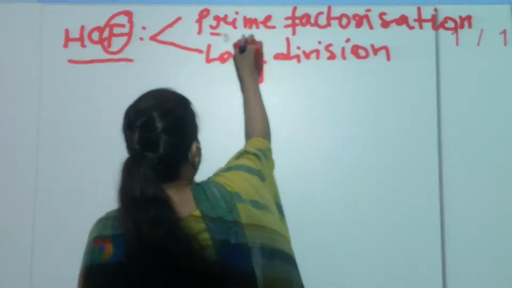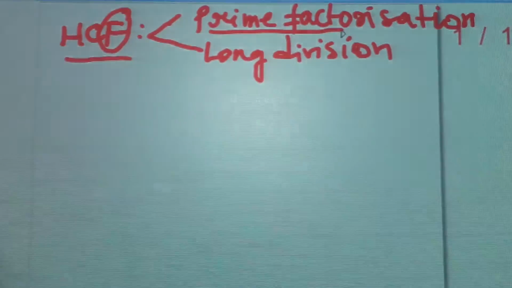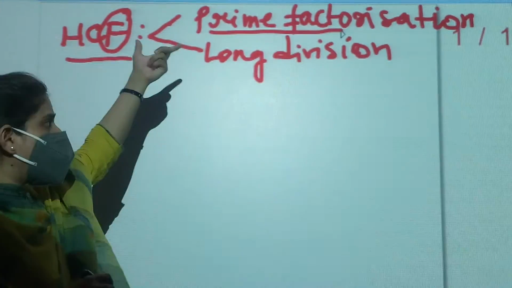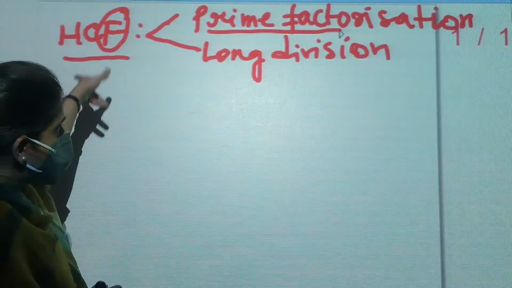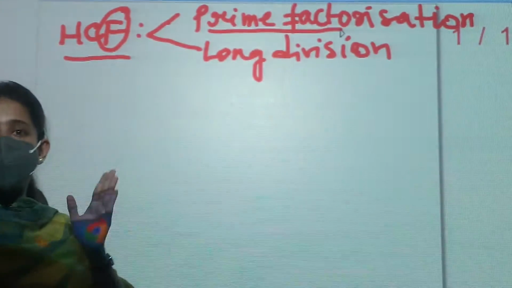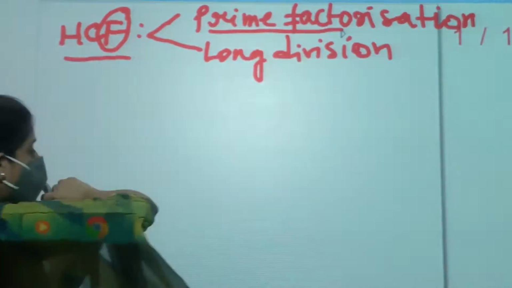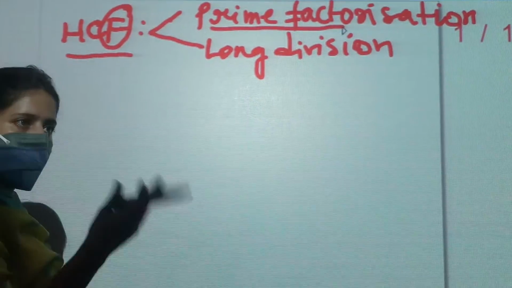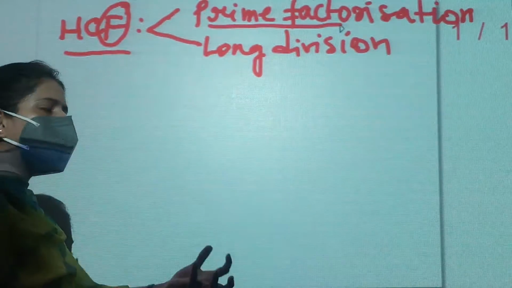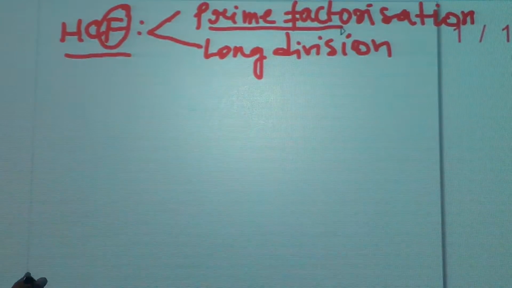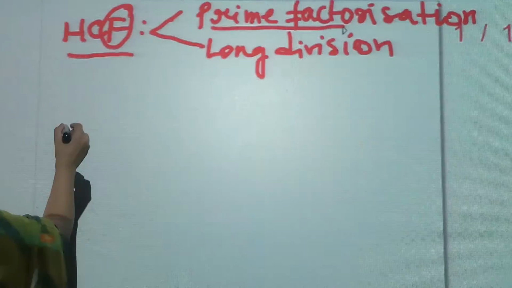Just now I have taught you prime factors. Why have I taught you? Now you have understood. Before starting HCF and LCM, we must know the number system, so go through the number system as well. Prime factors, I have told you, are the numbers which are factors of another number and are also prime numbers. So we will start with the first one.